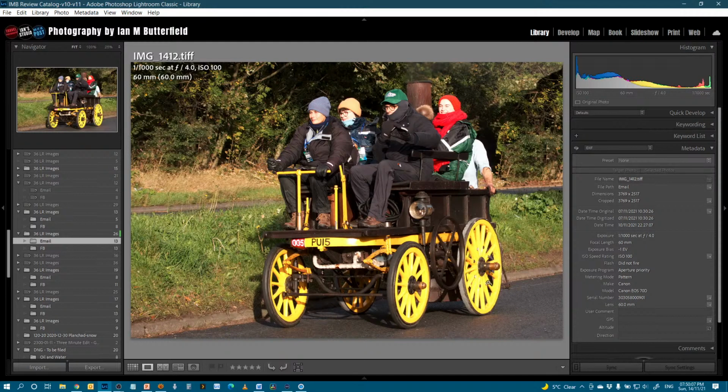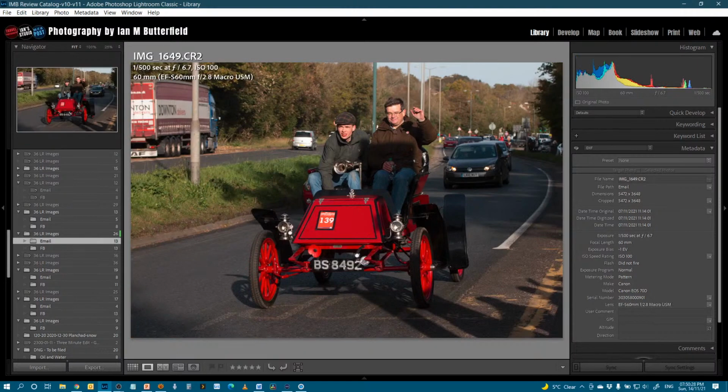So what's happened here? Well, it's a nice crop, and by going between the two, it really shows up where the actual edit's taken place. You filled in here to hide the truck.